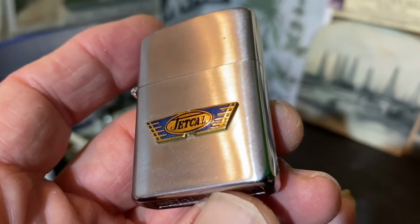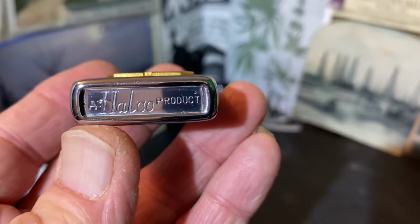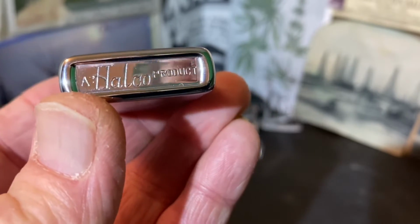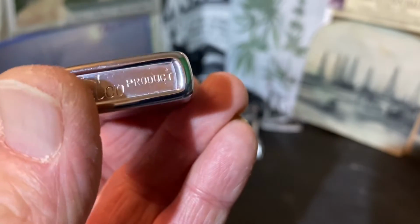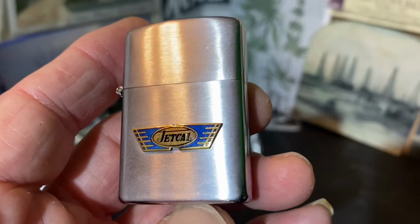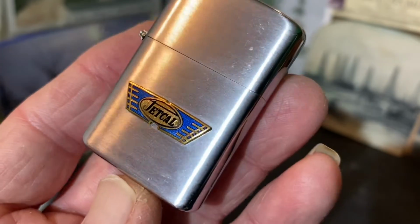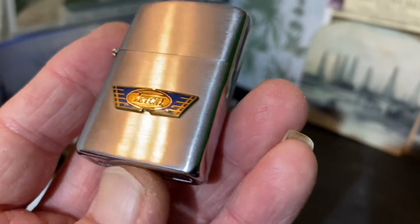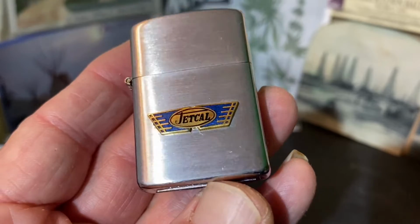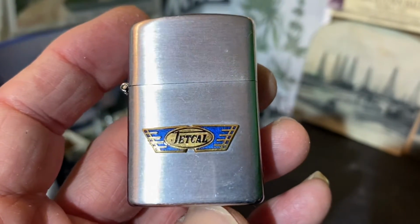So if you can educate me on what Jetcal is, that's how I will list it. There's probably not a lot of lighter collectors out there focusing on lighters that are marked on the bottom a Halco product. But whatever Jetcal is associated with, whatever industry, then I'm sure there may be somebody who would be collecting it from that angle. And then of course there are those who just collect nice old lighters, maybe specialize in advertising lighters. I think probably from the aerospace industry,